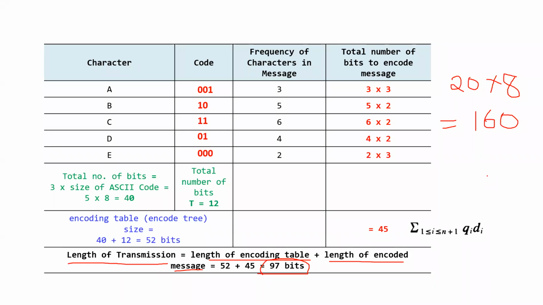And if you want to go for this efficient transmission of messages, then you have to generate optimal codes using Huffman coding. How are you going to generate optimal codes? By applying